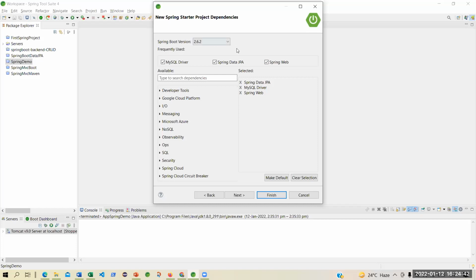And here is the Spring Boot version that you are using. Then you have these developer tools. I am not going to use any tool right now. Google Cloud Platform, I'm not using. Spring IO, I'm not doing anything right now for this. And also I am not going to use any NoSQL, that is Redis. This Redis is used in the cloud. Redis is a database. I'm not doing any reactive Redis, MongoDB, or Elasticsearch.